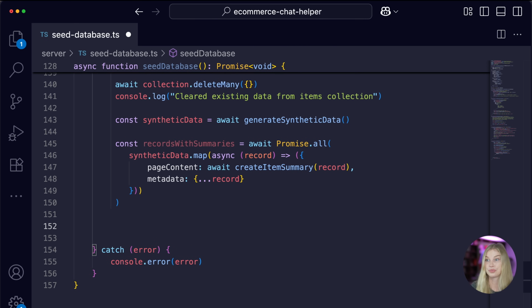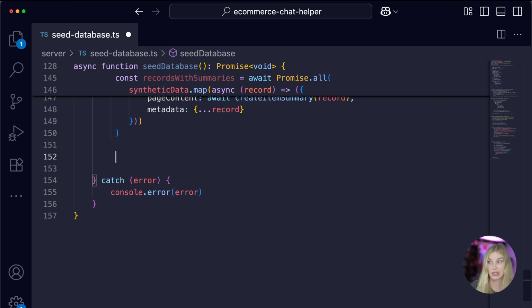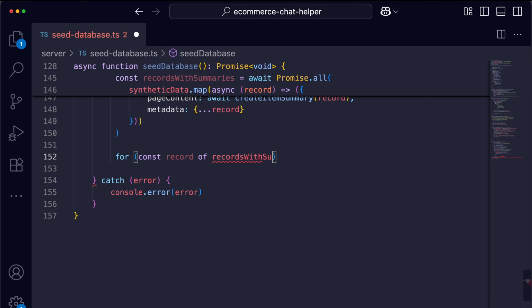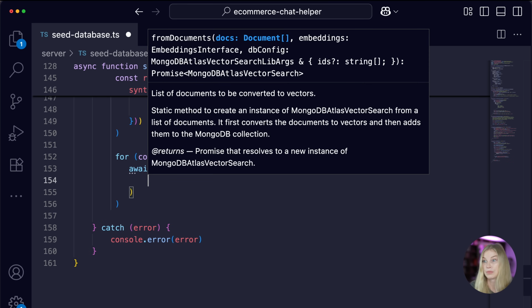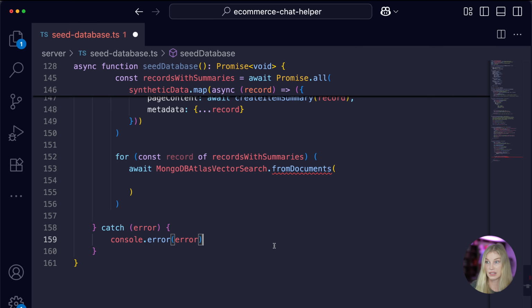cool, nearly done. Now we're going to store each record with vector embeddings in MongoDB. So we're going to loop for this, const record of records with summaries, await MongoDB Atlas vector search. So we imported that, and we're going to get from documents, so a method from it. And this is going to essentially create vector embeddings and store them in MongoDB Atlas using Gemini. So we're going to pass through the record,